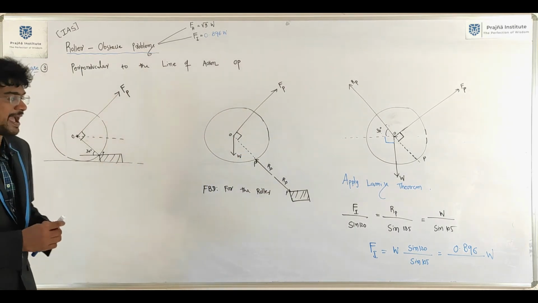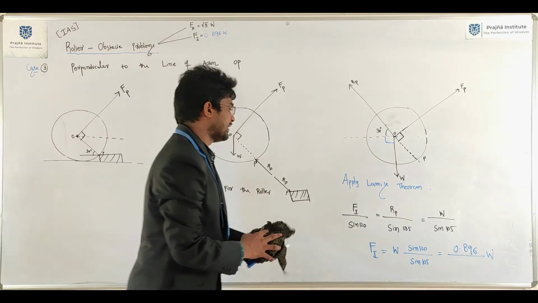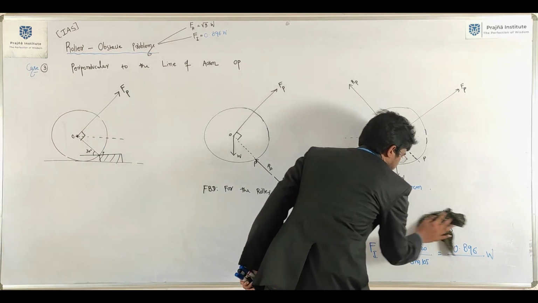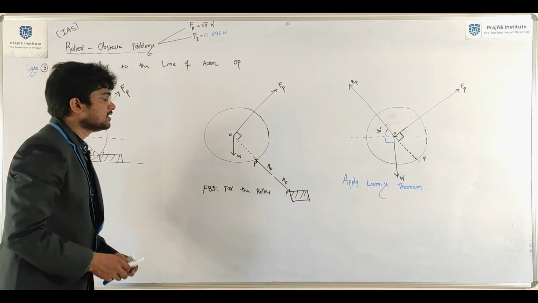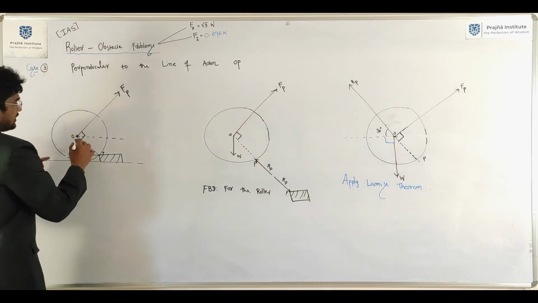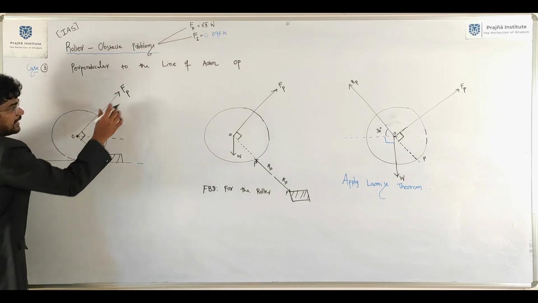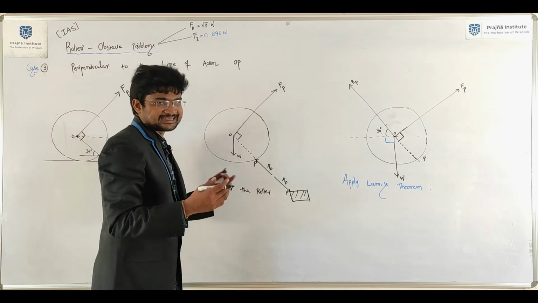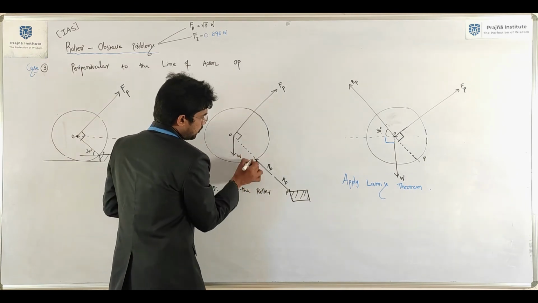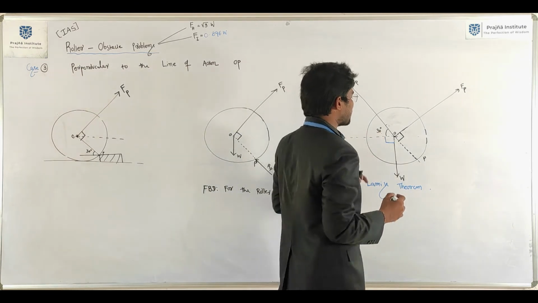In that case, the magnitude of force required to pull the roller, the magnitude amount of force we need to apply to pull the roller. Okay, understood now? Here FP is acting, it is perpendicular to OP. It is making an angle 30 degrees, of course. RP, OP, it is perpendicular. It is 30.